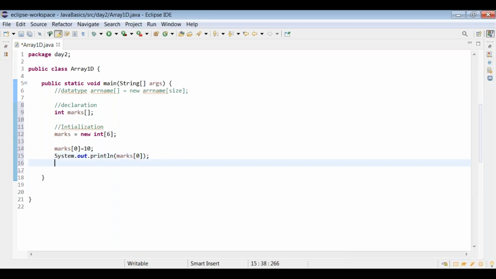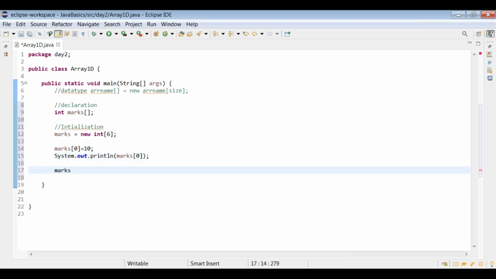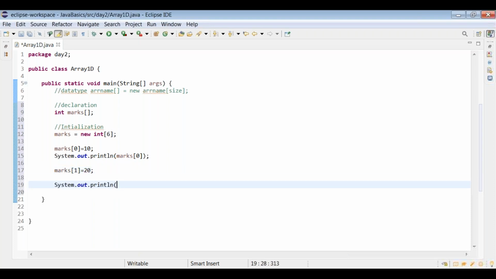Similarly, marks of 1 equal to 20, and we can even print marks of 2.